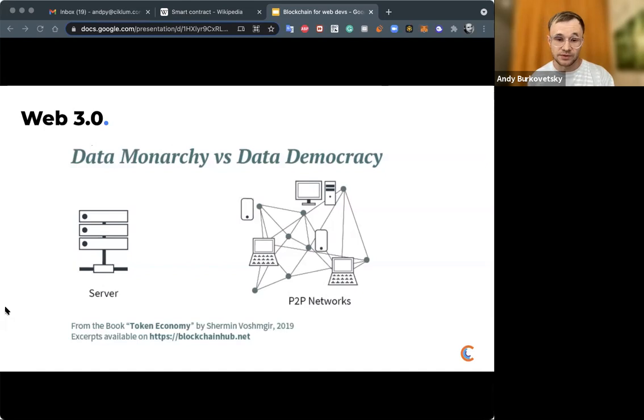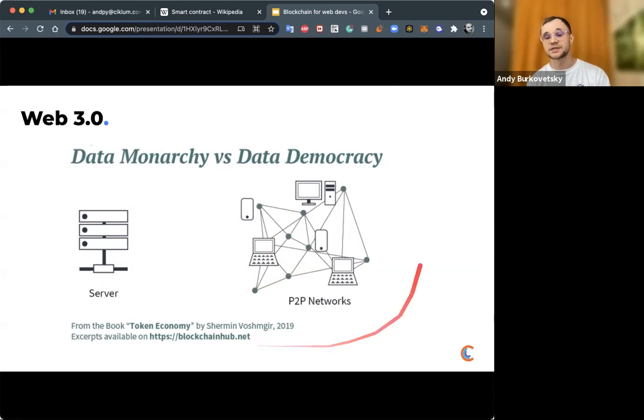Also this network is always up and running, as I said, and also participants, whom I call network citizens, can create some kind of decentralized organizations inside this P2P network and act like citizens to vote for something or have some benefits from the network, like some tokens, some entire currency.